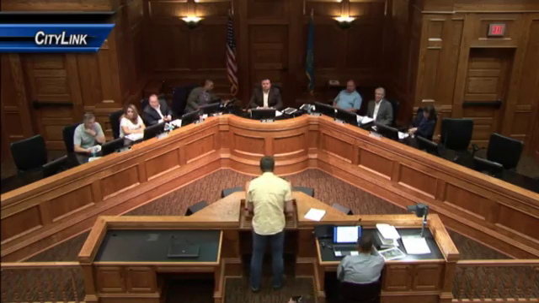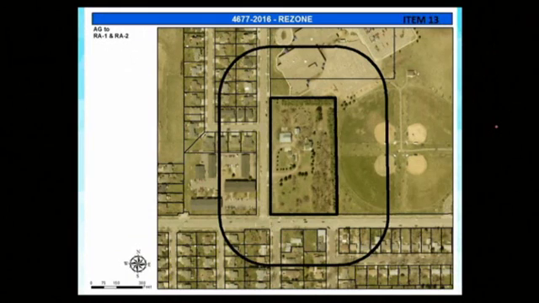Hello, my name is Matthew Capel. I live at 710 North Montgomery Court, which is just directly north of Annie Sullivan Grade School. And I'd like to thank everybody for coming. It's really nice. And I also want to remind everyone, if the city does decide to rezone, that we'll have to meet again at the city council meeting. So I hope to see everybody there if they do decide.